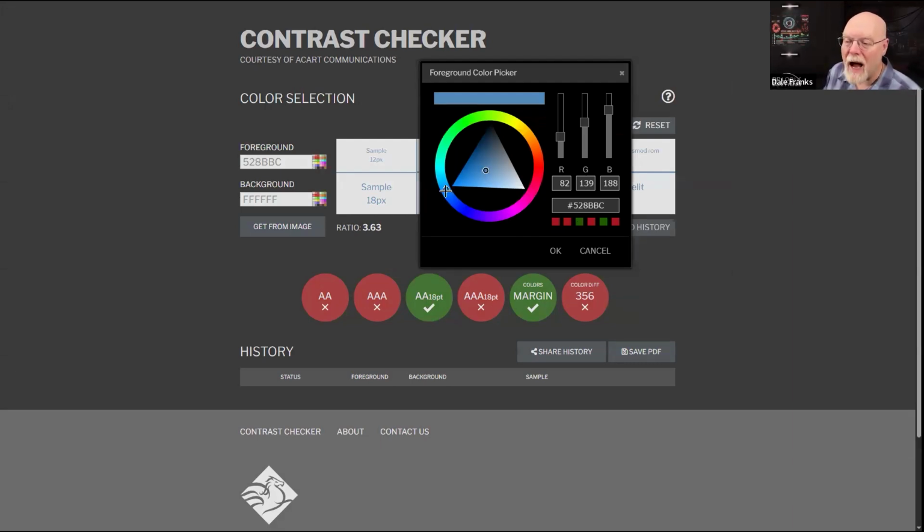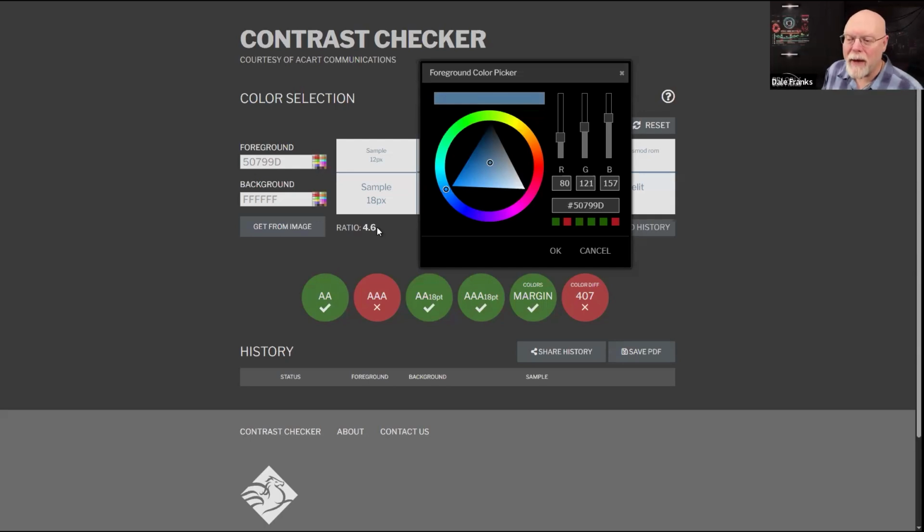So there is this outer wheel where I determine what color I want in general. As you can see, it's set over here to this bluish color. And then inside in the triangle, it allows me to adjust the darkness and contrast along the three legs of the triangle. So if I really wanted to meet double A, I could pull this up here. Okay, there we go. It popped to double A.